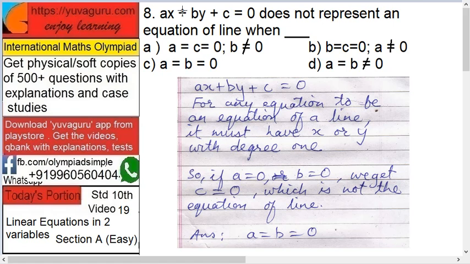It should not be that a equals 0 and b is not equal to 0. Even if b is not equal to 0, then also it's a line. Even if a is not equal to 0 and b is equal to 0, then also it's a line. Right. Okay. If a line has only y and a constant, then it is parallel to the x axis. Similarly, if it has only x and a constant, then it is parallel